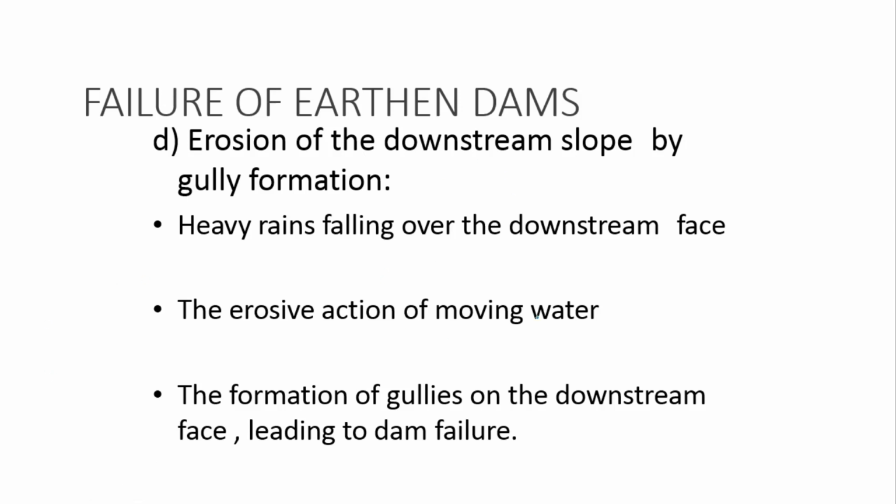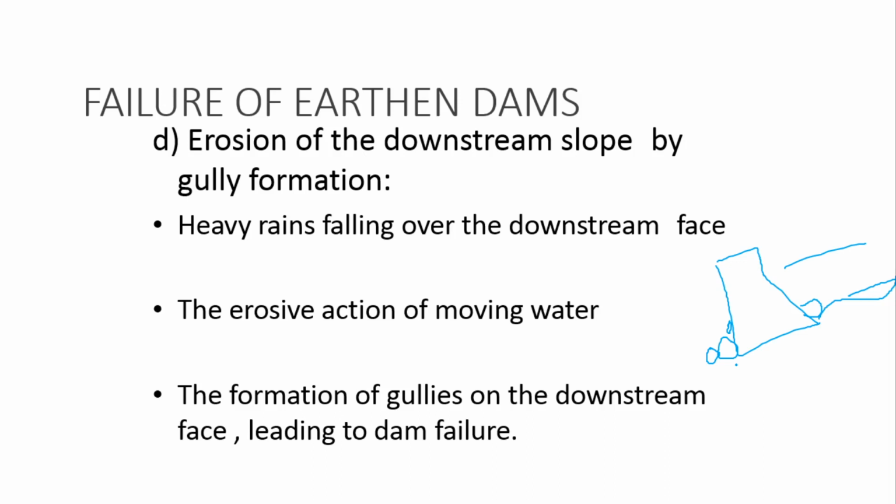Generally, at the downstream location, for suppose, this side we have the downstream portion. At this location, if the soil layer is improper and there are heavy rainfalls, water will get stored in these locations. Due to this there is a chance of erosion. Erosion means nothing but failure. This may also lead to failure of our dam.